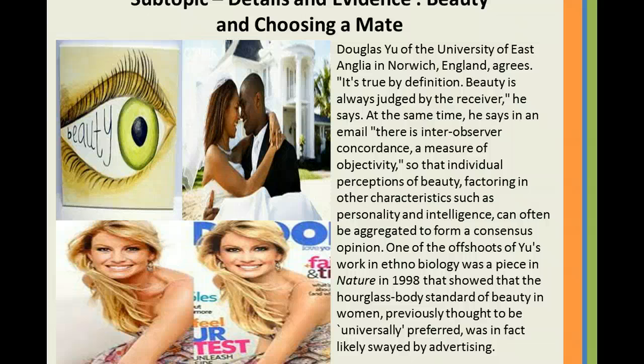Douglas Yu of the University of East Anglia in Northwich, England agrees. "It's true by definition. Beauty is always judged by the receiver," he says. At the same time, he says in an email, there is inter-observer concordance, a measure of objectivity, so that individual perceptions of beauty, factoring in other characteristics such as personality and intelligence, can often be aggregated to form a consensus opinion. One of the offshoots of Yu's work in ethnobiology was a piece in Nature in 1998 that showed that